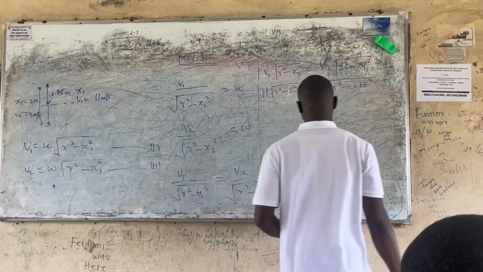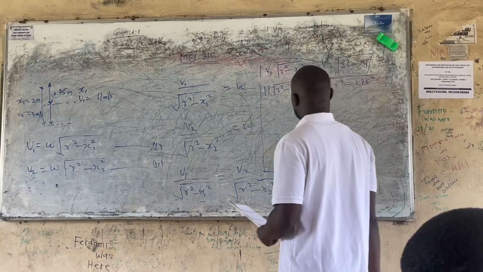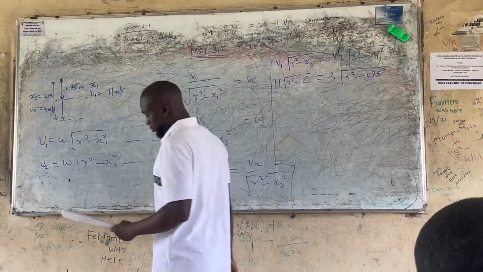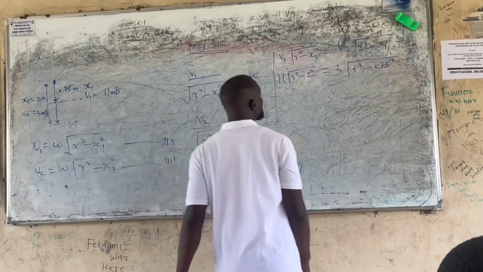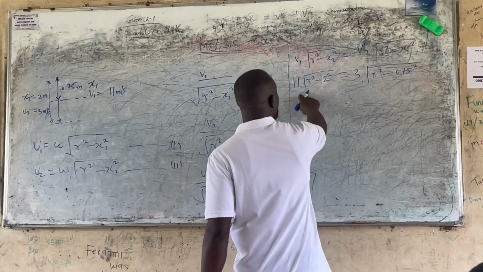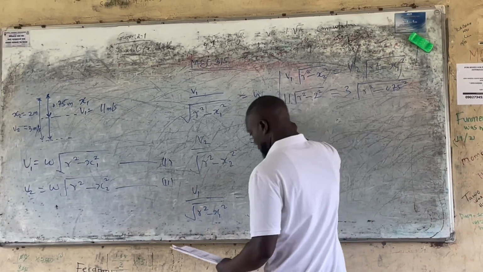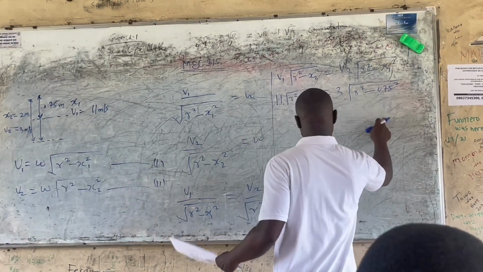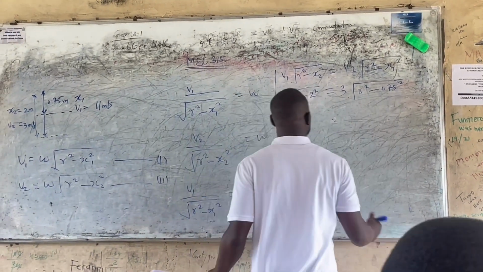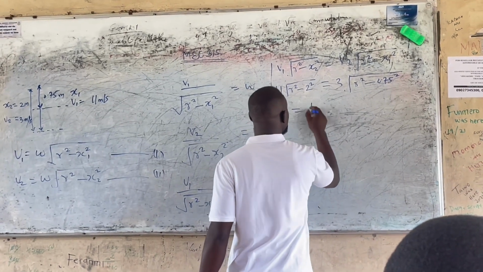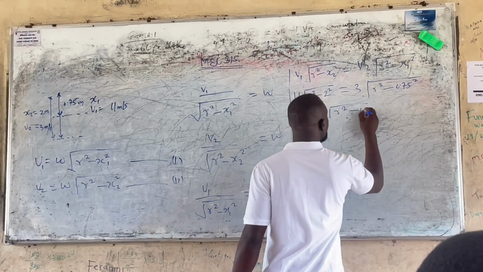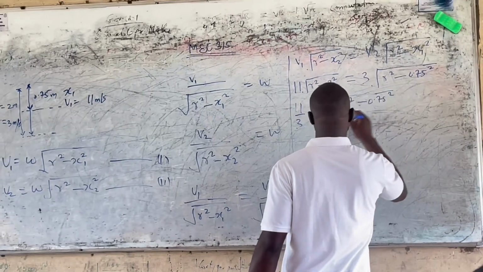What do we now do to remove the square root? Square both sides. Let's divide this with this. That would be 11 over 3 is equal to square root of R squared minus 0.75 squared over